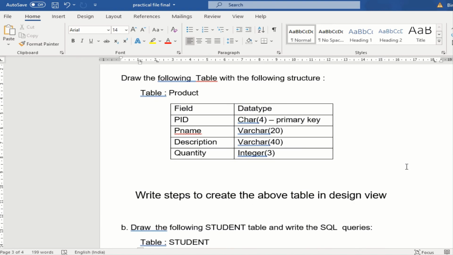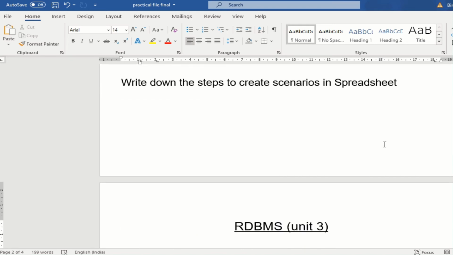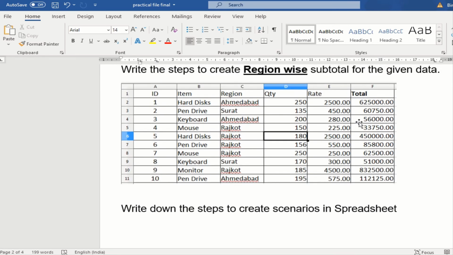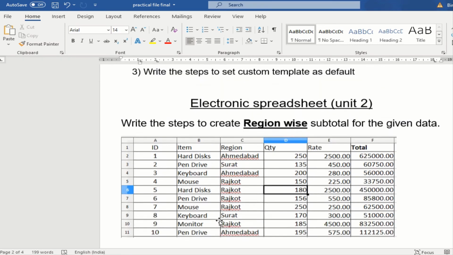If you have not understood, please go through the videos again and understand where it is, go through the PDFs and please create this. This is the only one where I am asking you to actually show me the output on the left hand side. So you can either draw the output or you can do the assignment. It will be a practice for you and then take a screenshot. So it is region wise, so you have to sort it according to the region and then do the subtotaling. You have to write down the steps to do it. So this basically is the entire project.